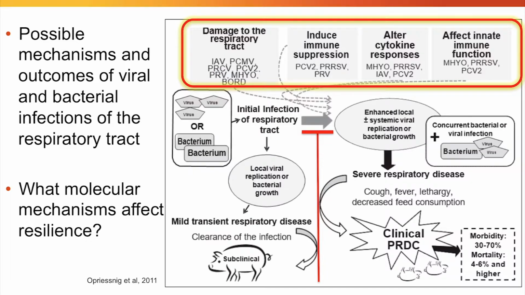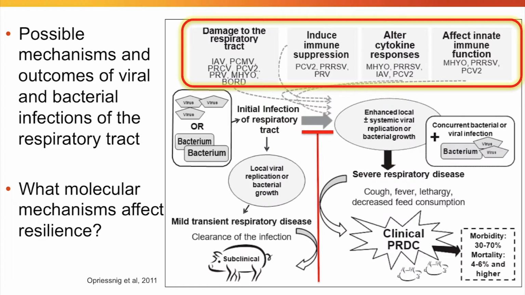What's the reason behind the effective resilience on these pigs when they're dealing with co-infections versus single infections? I like going back to this diagram here that was presented in the Opresnik paper. If you look at the lower part of the diagram on the left, it would depict what we could experience